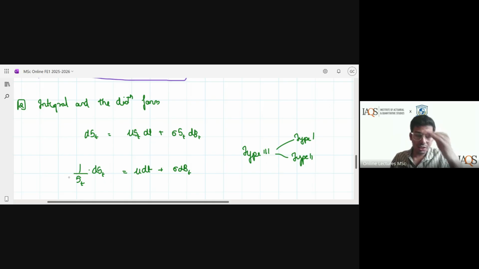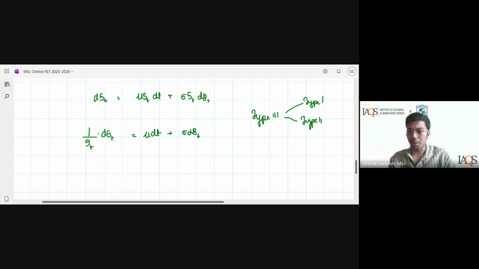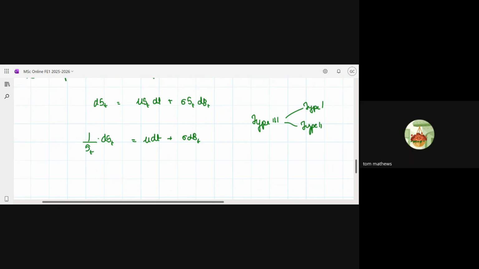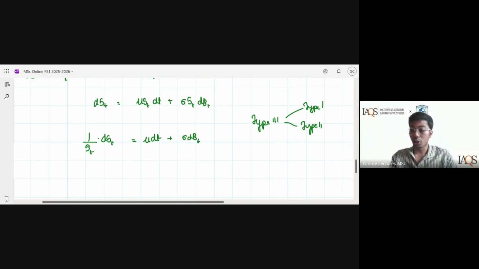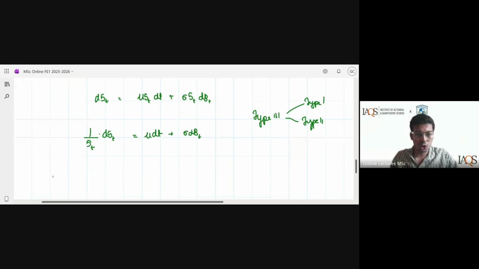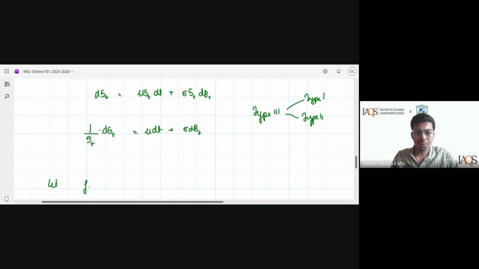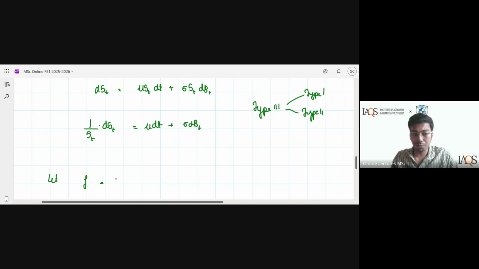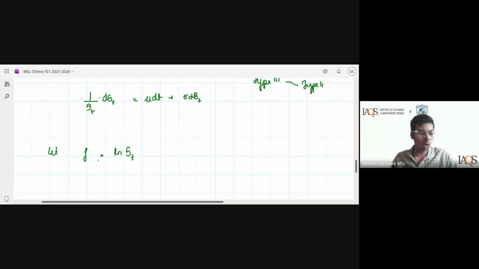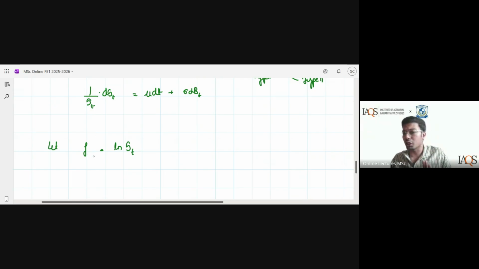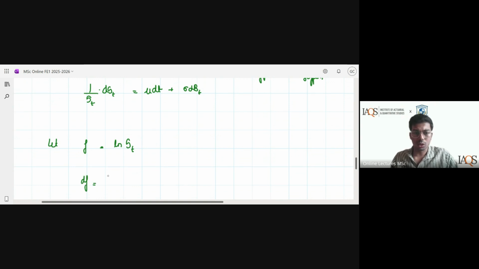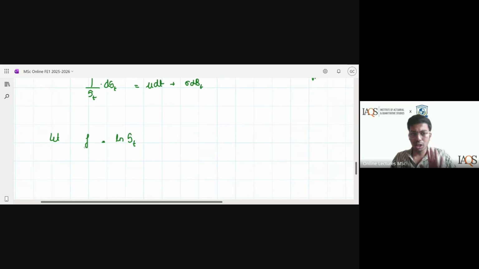All right. Looking at the LHS, is it ringing any bells? Any type of function? There's a log. dSt by St, perfect. It looks like the differential of log, 1 by x dx. So you create another function. Let f be equal to log of St. All right. I created a new function over here, log of St. Now what I'll try to do is I'll derive the SDE form of this particular function.